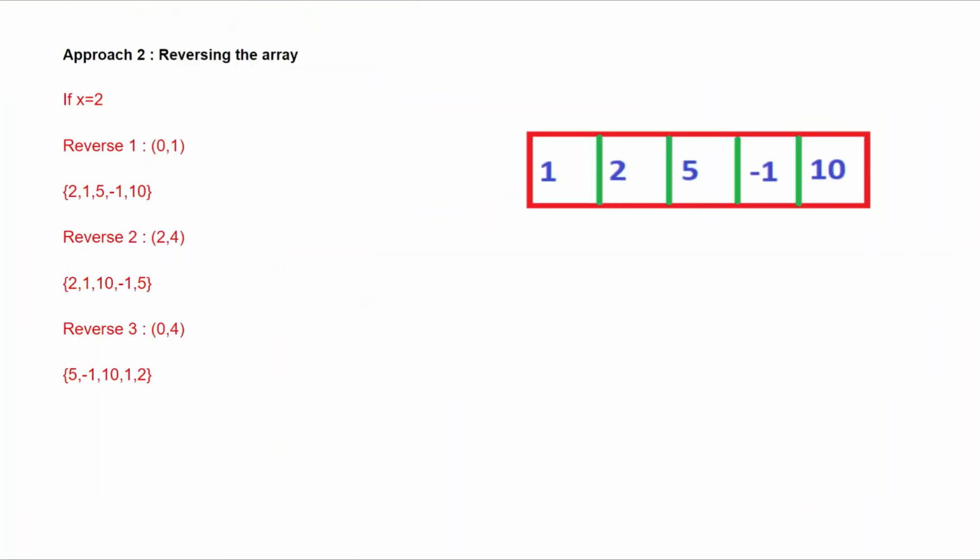So the efficient approach for this problem will be using the reversing technique, where we first reverse our array elements between 0 and the x minus 1 places. That is, if you see in reverse 1, we are doing the reverse between 0th and 1, where 1 is coming from x minus 1 and x is equal to 2, so 2 minus 1 is 1. That is why we are reversing the elements in 0th and 1st index, so that way our output is like